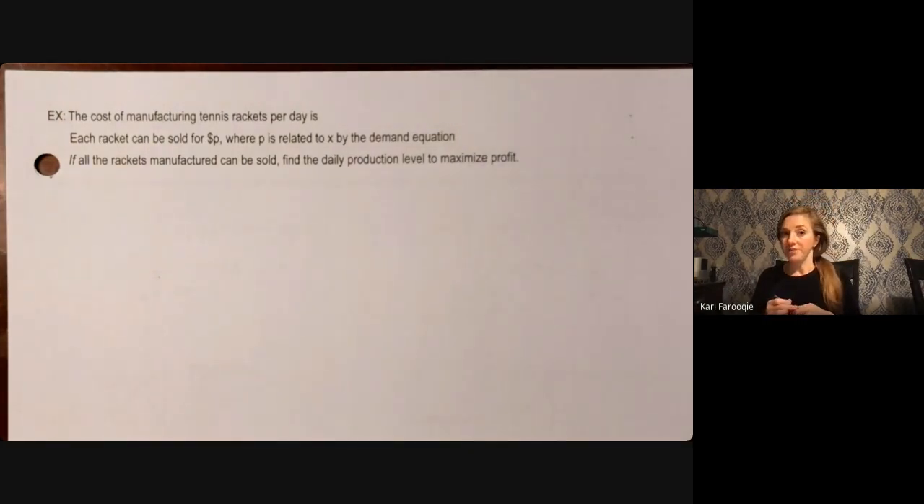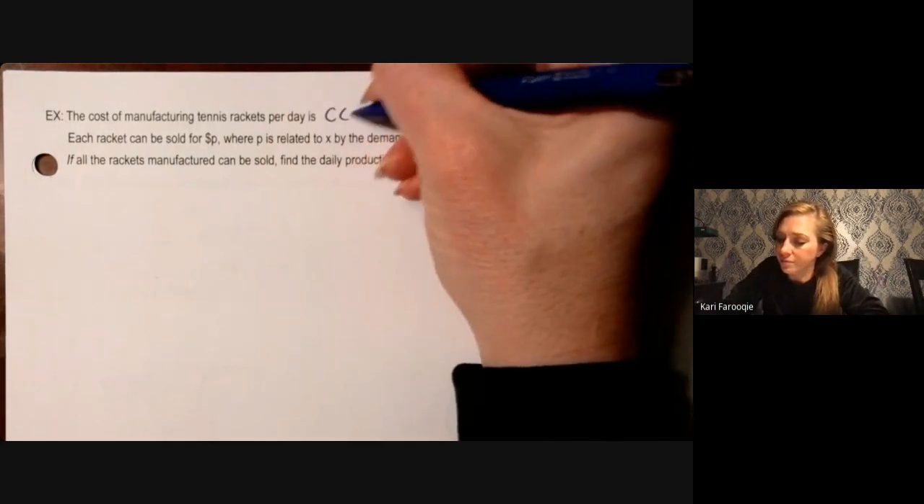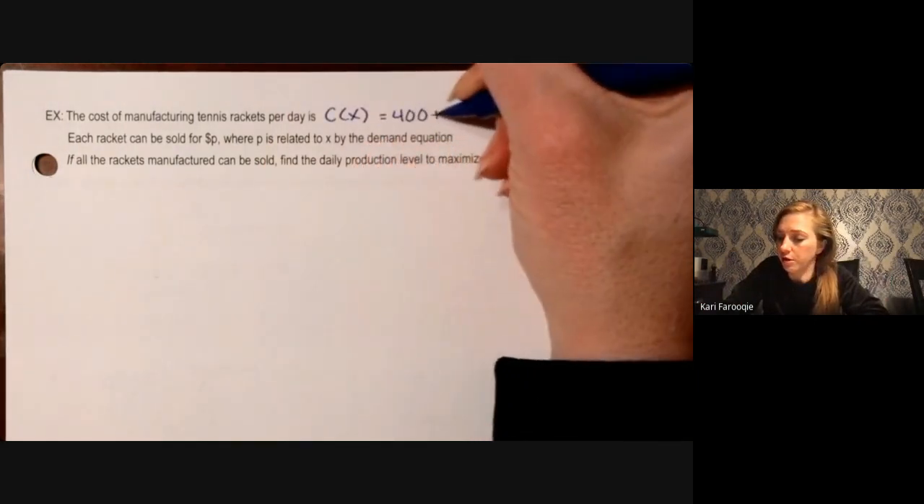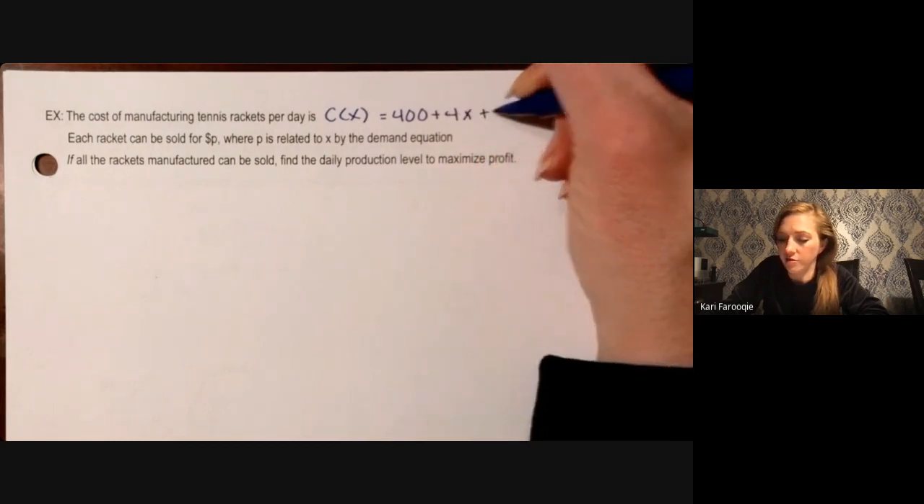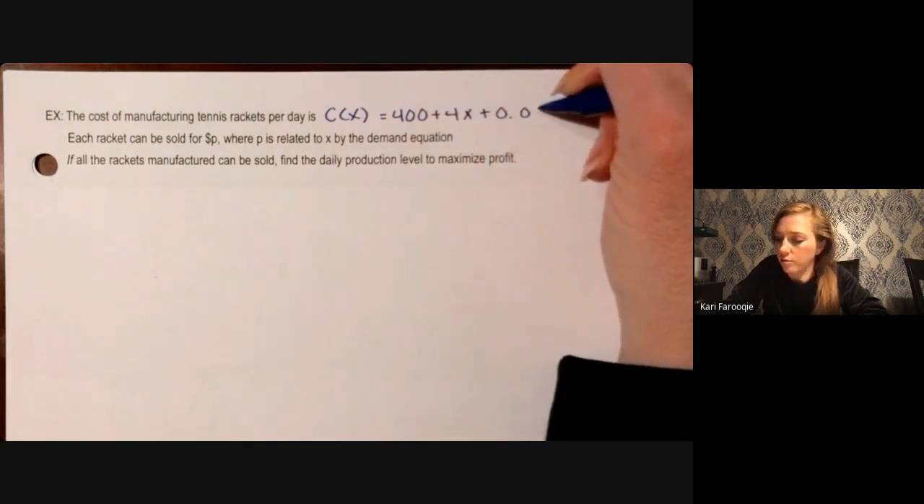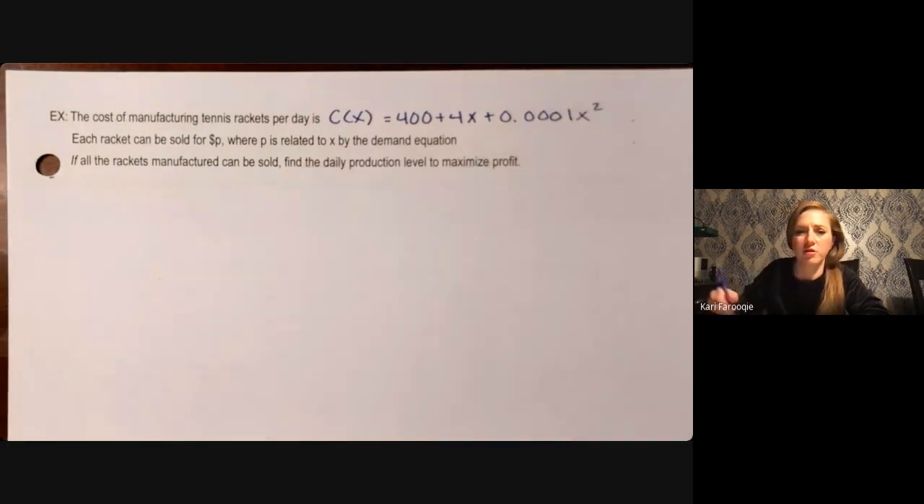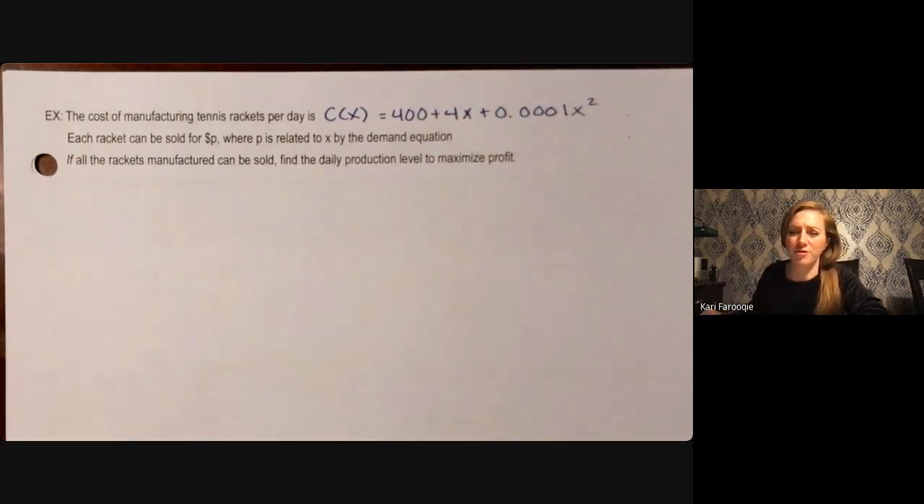No big deal. The cost of manufacturing tennis rackets per day is, I'm going to give you a cost function. C of x equals 400 plus 4x plus 0.0001 x squared. I would be remiss if I didn't give you a cost function with a whole bunch of zeros behind the decimal point, right? I'm going to double check it now. Yes,